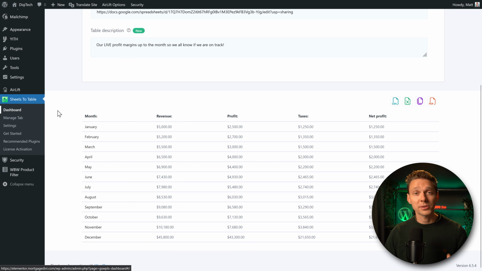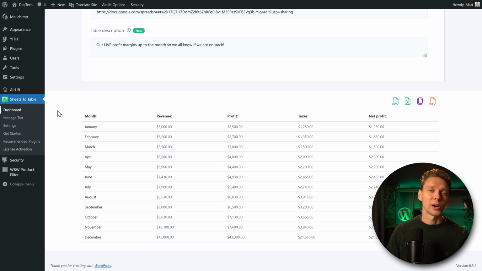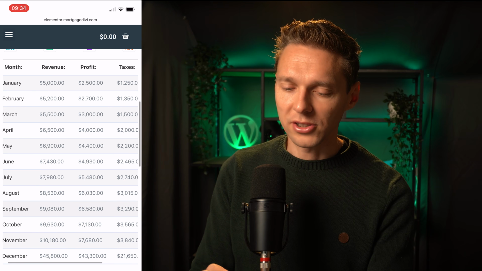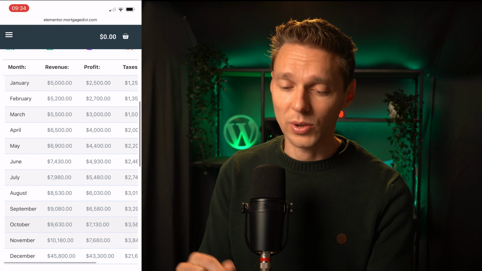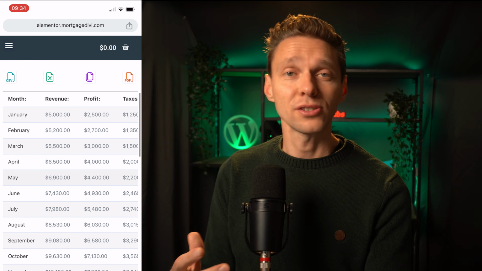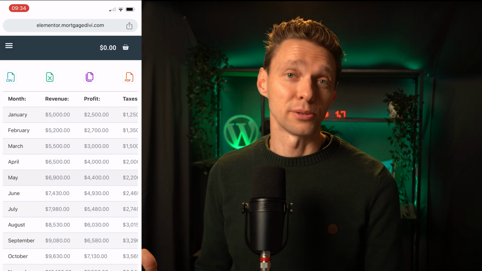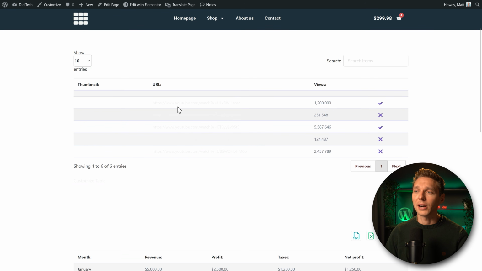There's a manage tab option. Really interesting, but also how does this look on a responsive device like a smartphone? Let me show you right now. So when I just visit my page on my smartphone, you can see that this table just works perfectly. I can just swipe from left to right and it just works exactly the way it should. If they just polish these little bugs, then this plugin should be really excellent.